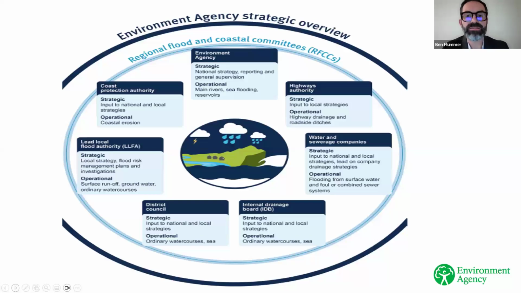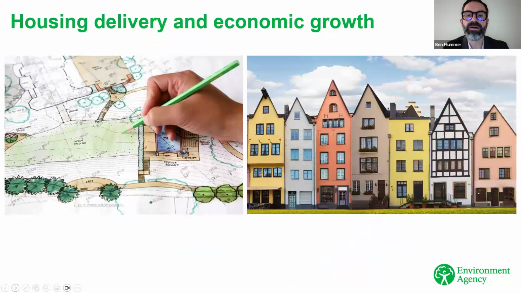If we just go to the next slide, you'll all be aware now that the government is seeking to deliver 1.5 million new sustainable homes across this parliament alongside economic growth. And we also know that protecting communities from flood risk remains a top government priority and in fact a contributor to that economic growth agenda.